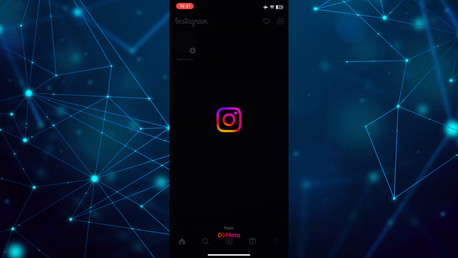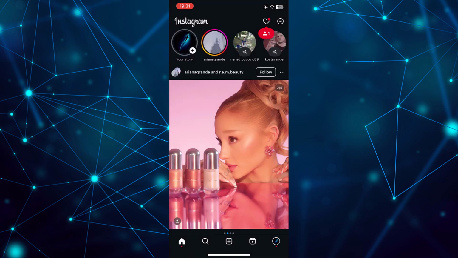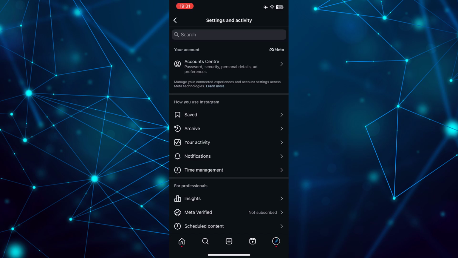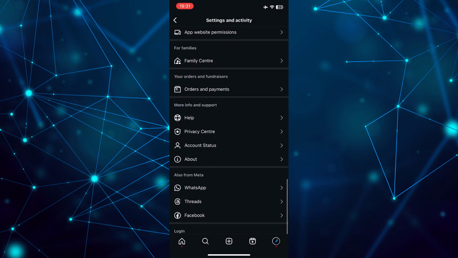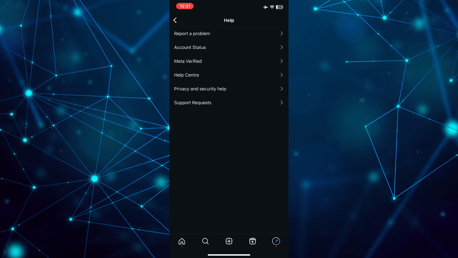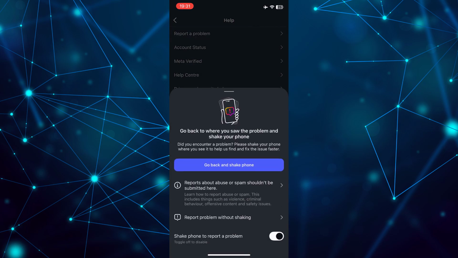If the problem persists, go to your Instagram profile, make sure you're logged in, and tap on the 3 horizontal lines at the top right corner of your screen. Scroll down to find the Help option, and select Report a Problem. Choose Report Without Shaking,